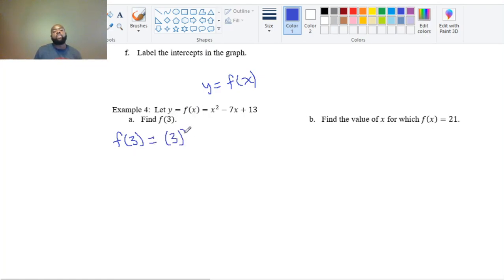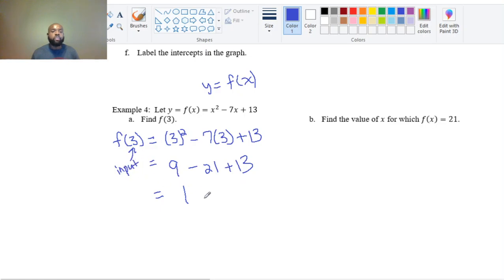So I get 3 squared minus 7 times 3 plus 13. That's 9 minus 21 plus 13. You could have put that in your calculator because we can use calculators in this class. 22 minus 21, which is 1, if I'm not mistaken. All right. Now, when we evaluate like this, basically what we have is an input variable, and here